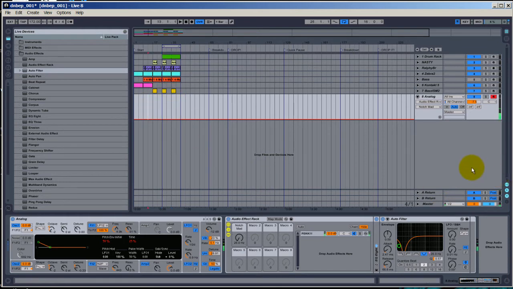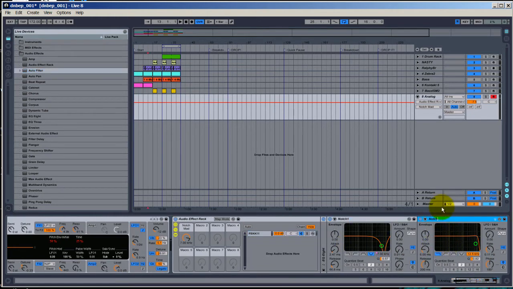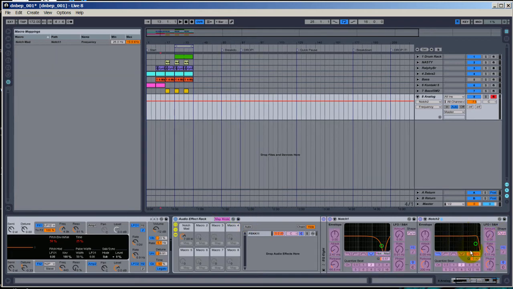Alright, so, alright, I got an idea. So let's do this. Let's just rename this Notch 1. And then I want to notch it again, but you know what, gotta keep it tidy. Notch 2. And again, let's hit map mode. Let's map this to,